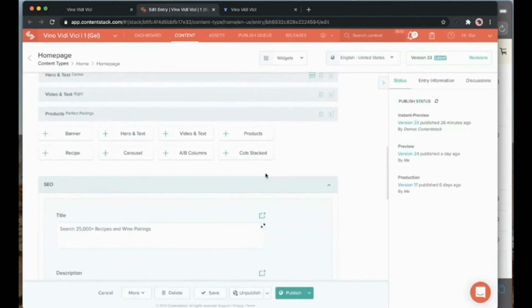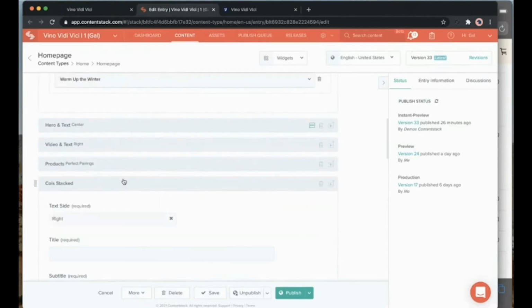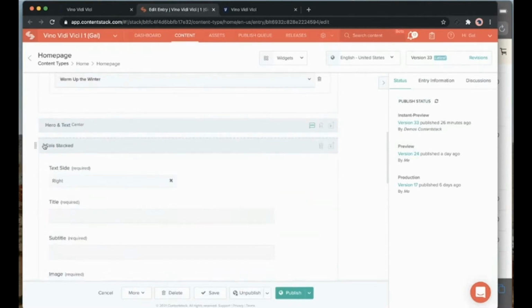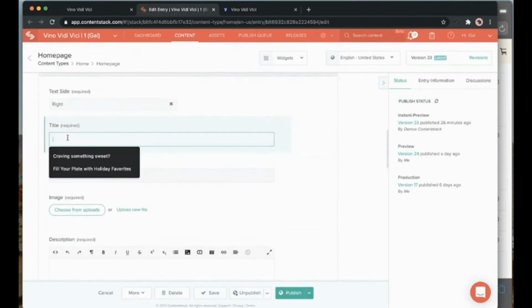So the most important piece in Contentstack, in my opinion, for content creators is this feature here called modular blocks. And what it does is it allows content creators to basically break down a page into different building blocks and put them in wherever I want. So let's say I want to add some new content in here. I can click on this building block. I can say drag this in to appear right above my video,